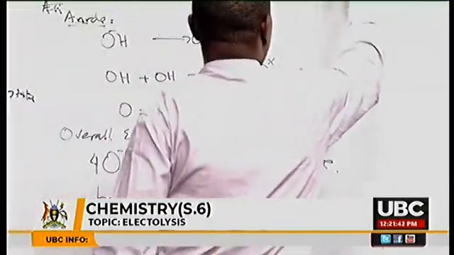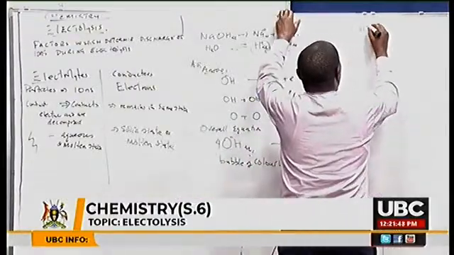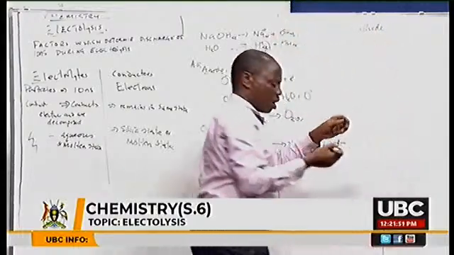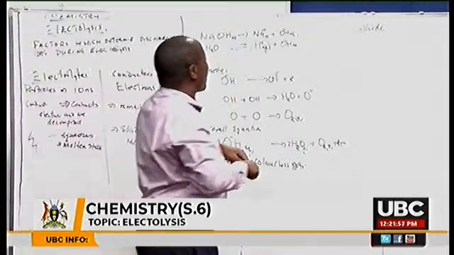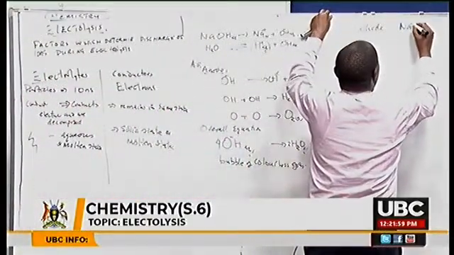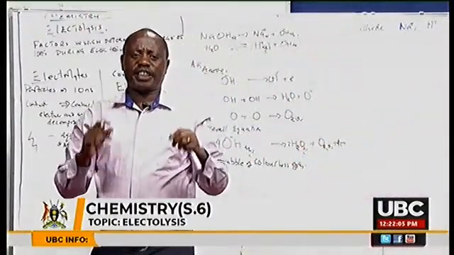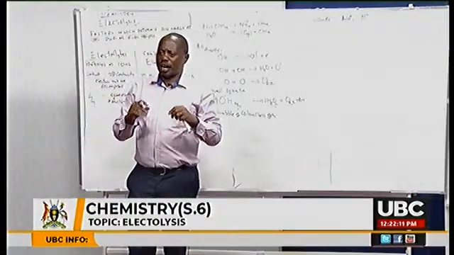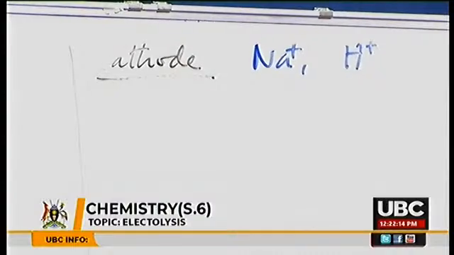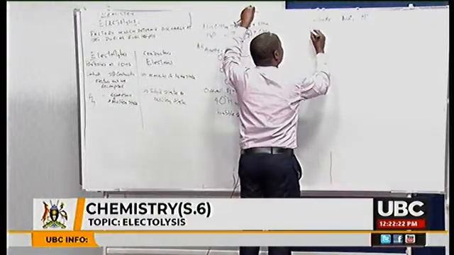Now, when it comes to the cathode, that's where we have to be careful. At the cathode, we now have sodium ions and hydrogen ions. That is where selective discharge of ions comes in. Which of the two ions will be discharged first? In this case, we have to consider the factors, and the first factor is